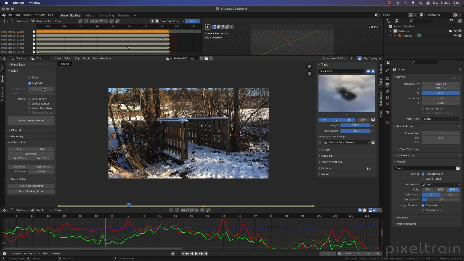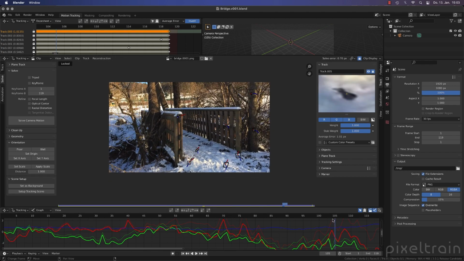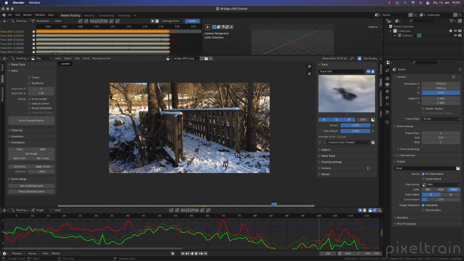The automatic keyframes used frame 1 and 119, the first and the last frame, because Blender saw that all trackers live all the time here, so it takes the biggest parallax shift between these two. We can test that. We can say, let's try 1, and then we see maybe frame 100 has enough parallax shift in relation to 1. Let's try this here.